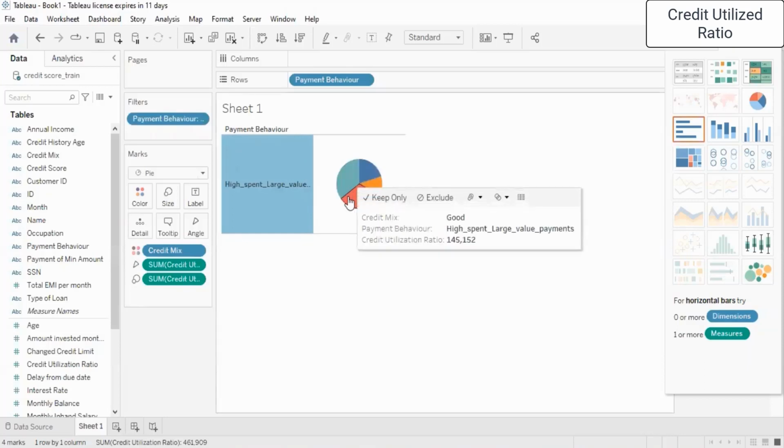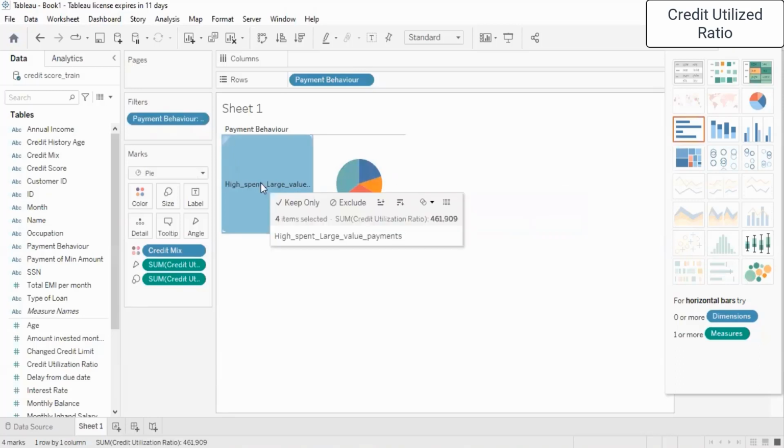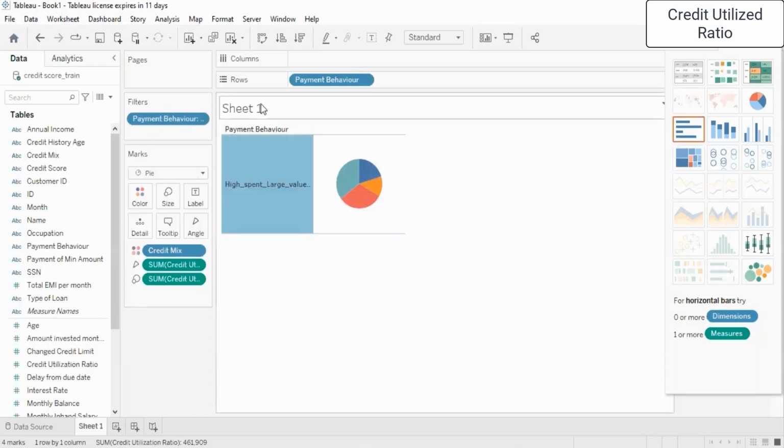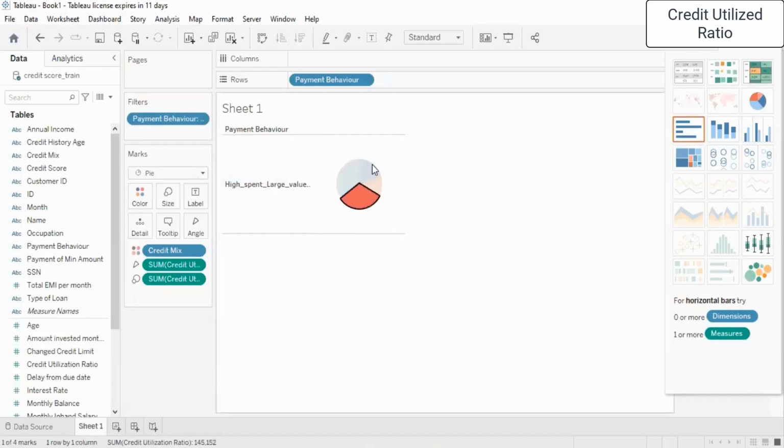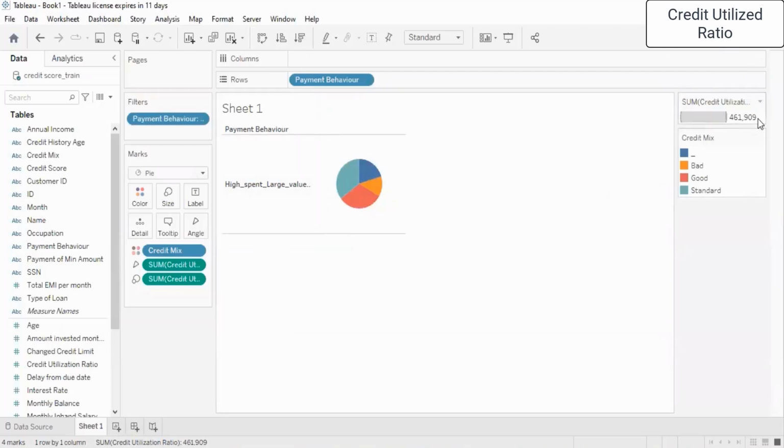So for the standard credit mix, the credit utilization ratio is the highest for high spend and large value. Now this is keep only. If we deselect it, let's come back here on the pie chart. So this is how the payment behavior is reflected. Again, after this, supposedly, if I were to select for bad,